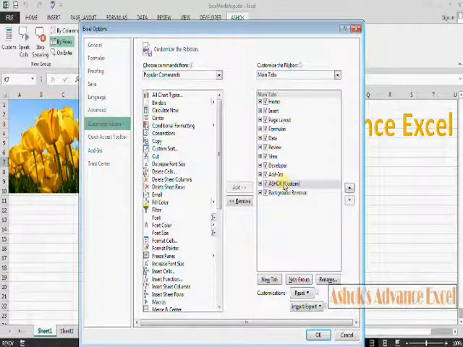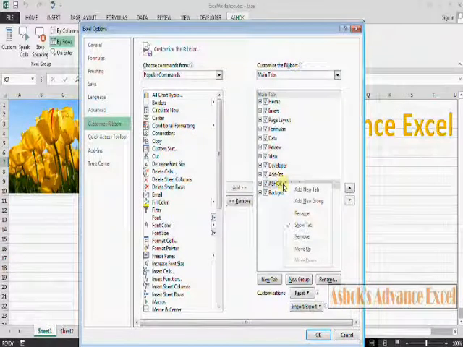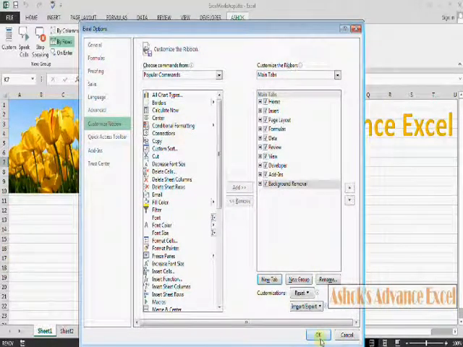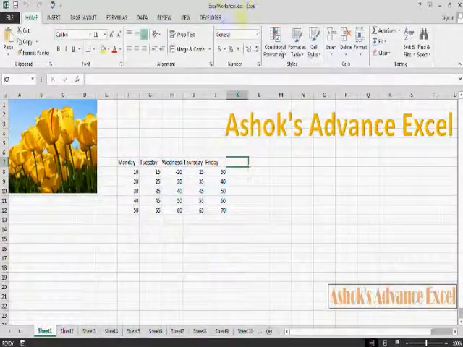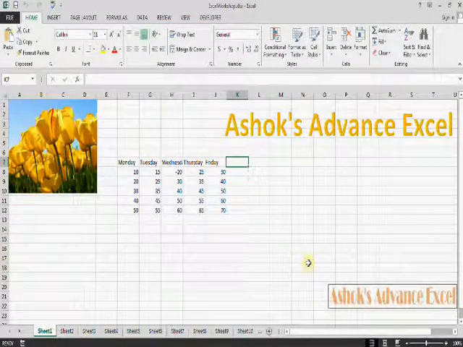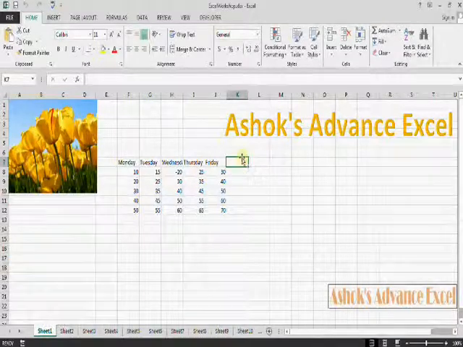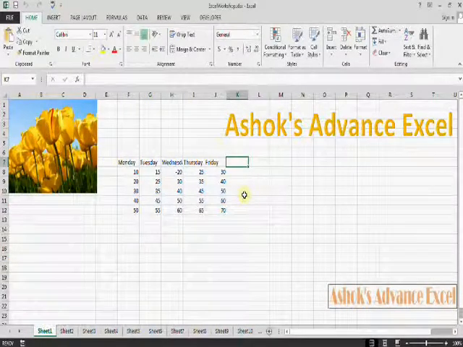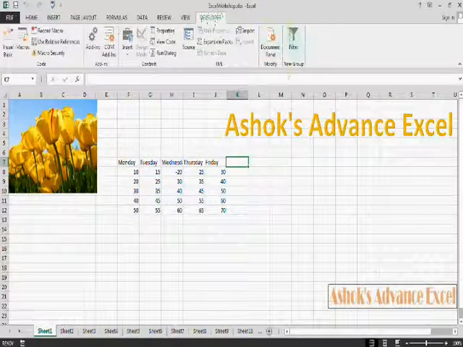Now select that tab, right click on it and remove. Click OK. Now you can see the Ashok tab is removed. The same way you can remove the filter tool in the developer tab.